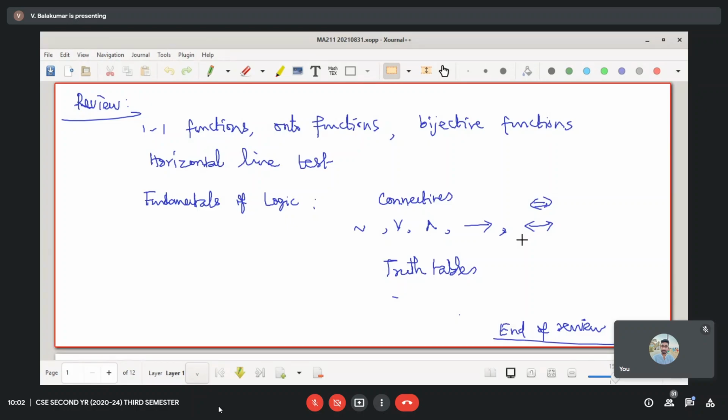Proposition we use synonymously as statement. Whenever I say a mathematical statement, you can tell me whether that mathematical statement is true or false. If I say conjecture or paradox, we cannot say whether it is true or false. We don't know.